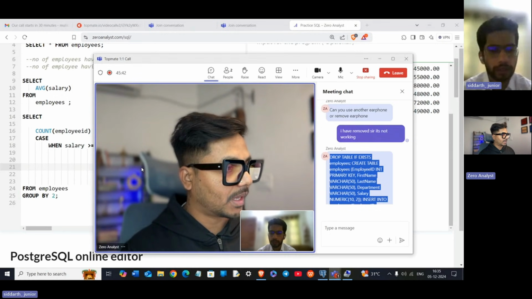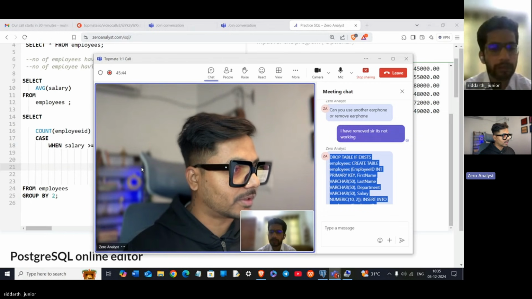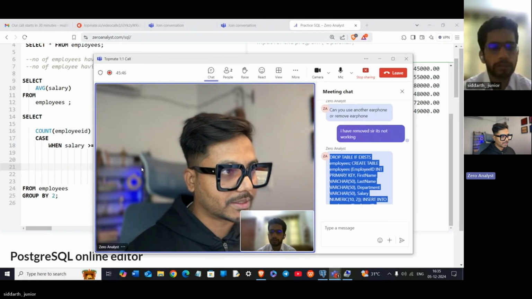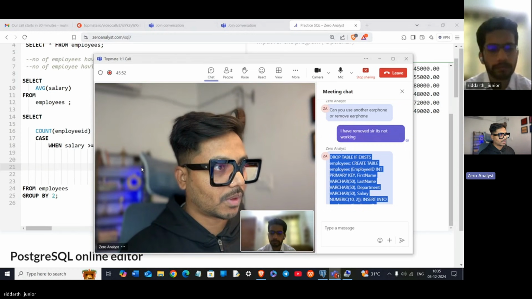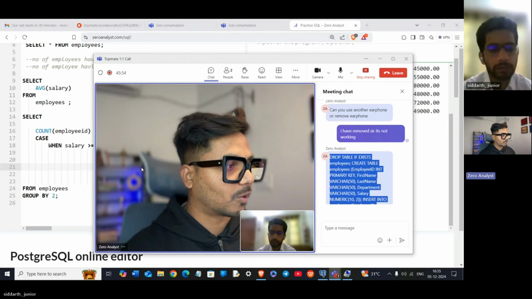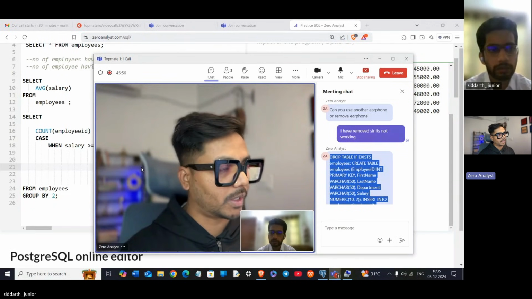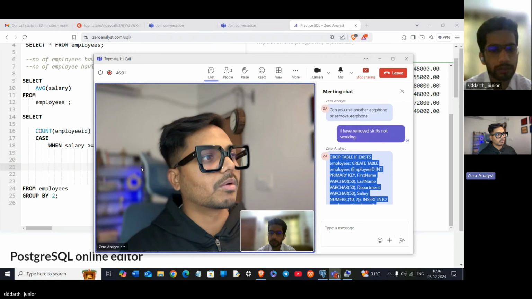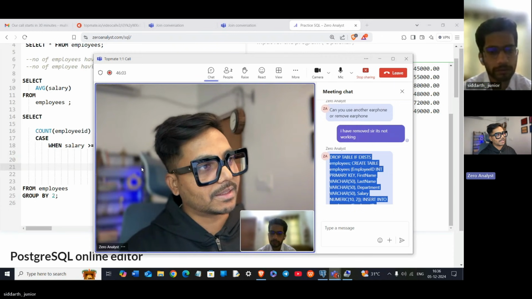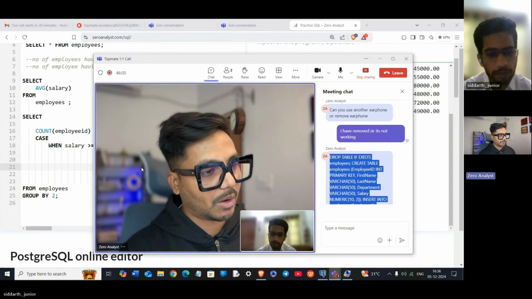As soon as you see the problem, first explore the data set, and then see how you think you can get the result. Let's say if you're doing a group by, you should follow the basic principle. When you do a group by, there can be only two columns. One is the column that you're going to group by, and the second is the aggregation function, like it could be count, it could be sum,